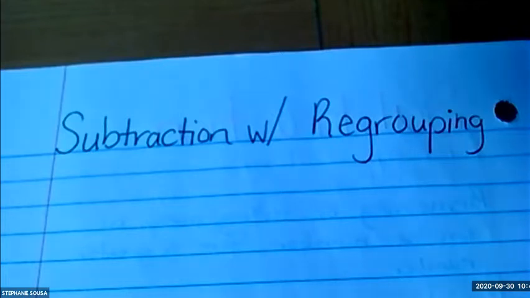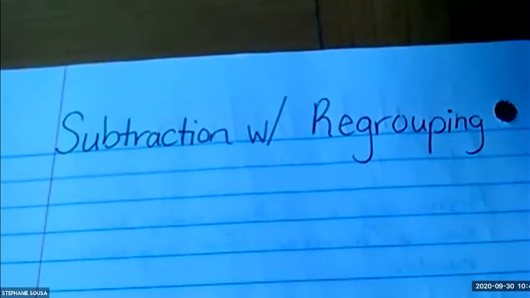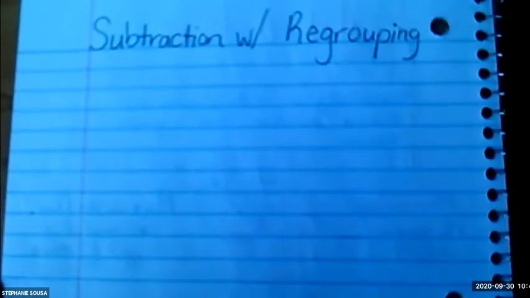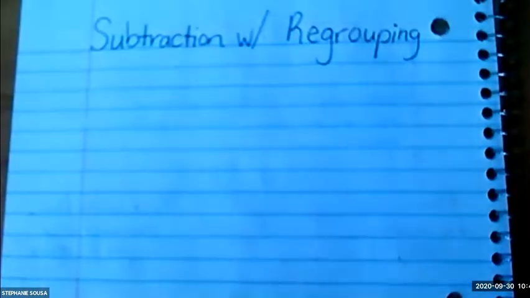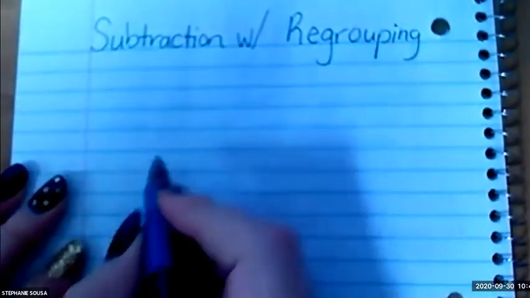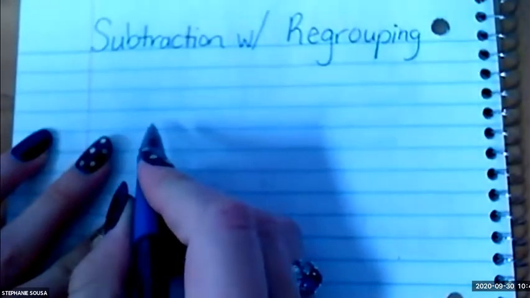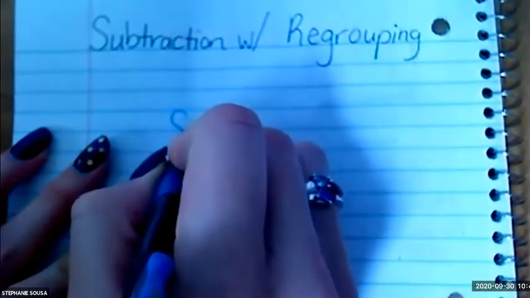All right, so subtraction with regrouping. We are going to take a look at how to use place value blocks to show this work. I want you to be able to have an example to reference, okay? So let's create an equation that will require us to regroup in two place values. So we're going to start off with a hundreds digit number on the top. And let's go ahead and start with